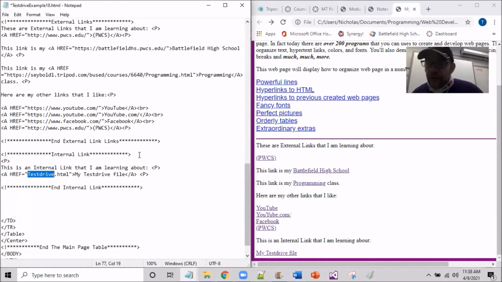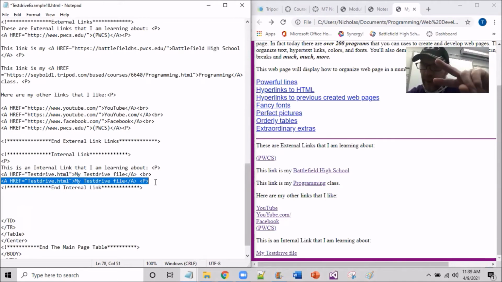So let's see if you guys can try to create another link. And I'm going to copy this link. I'm asking you to copy this same link right down here, and I'm going to paste it down below. And I'm going to change this P to a BR, so it's giving me a single space in between it. But I want you to work what we just did. We have now two of the same links back to back over top of each other, all right? And so this test drive file right here,